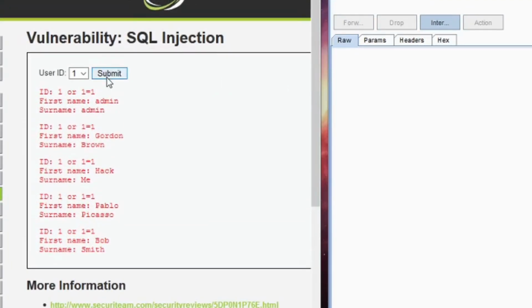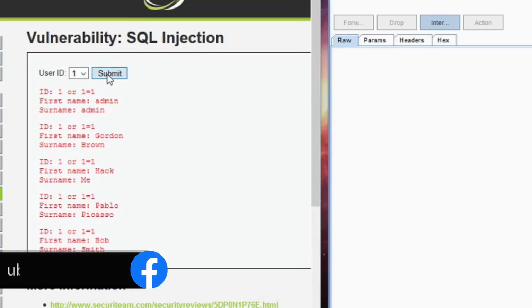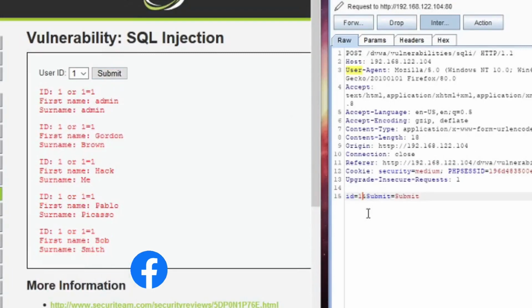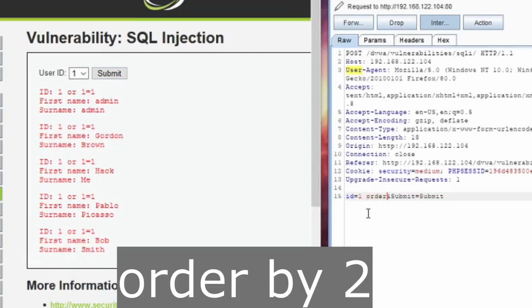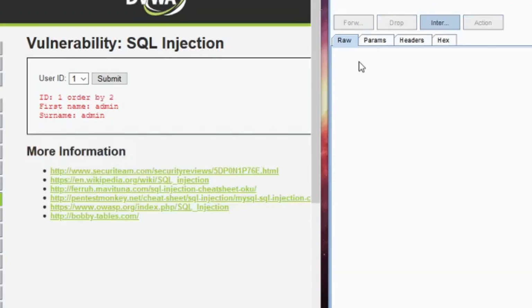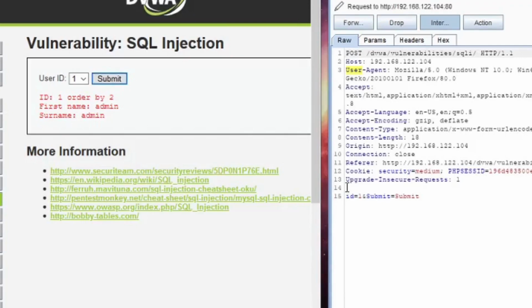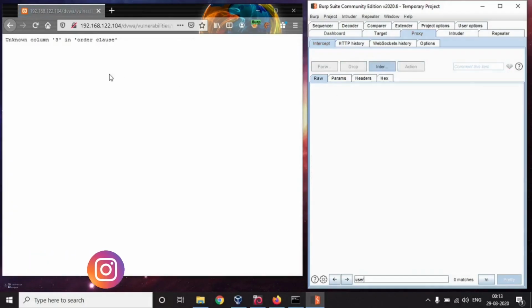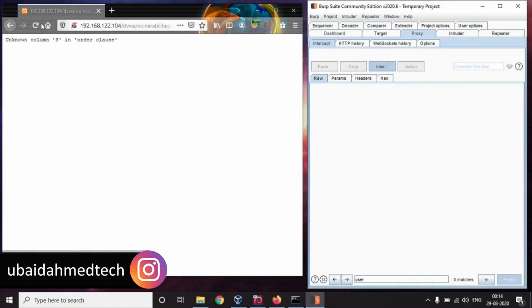Now let's find out the number of columns that are there in this particular query. Let's directly start with 2, order by 2. I'll submit it again. So this means we have 2 columns in this particular query.